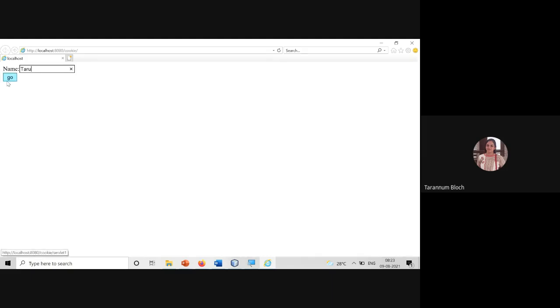Right now this is coming from request.getParameter, this Taru. But later it has been added in the same program to the response as a cookie variable uname. So the second time when I click on the go button, whatever is coming after hello is coming from cookies.